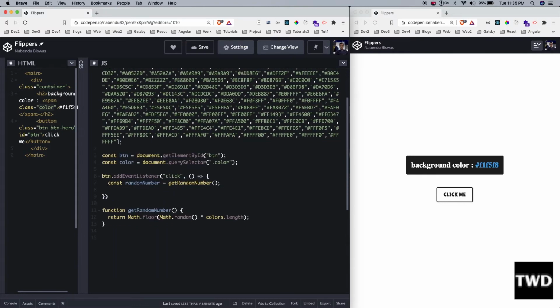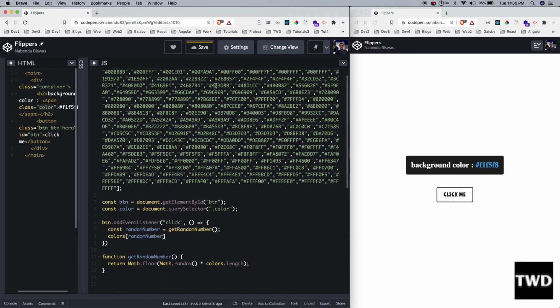So colors and this random number will give me anything which is inside it. Suppose you have seen that 56 was coming, so 56 will be something like this, it will give me that, and I just have to assign it somewhere.